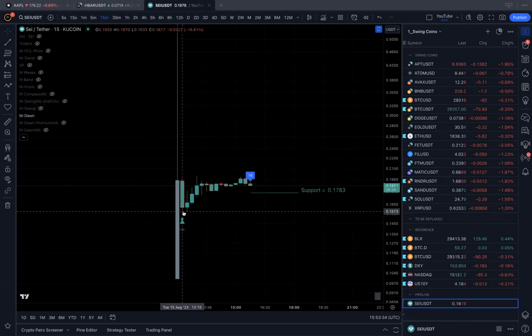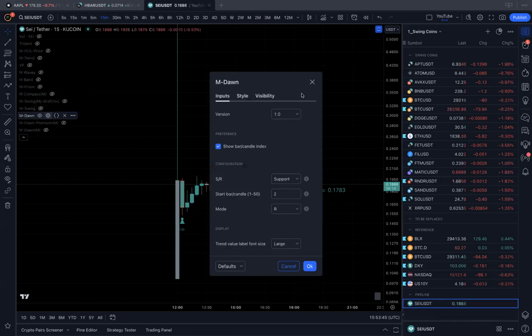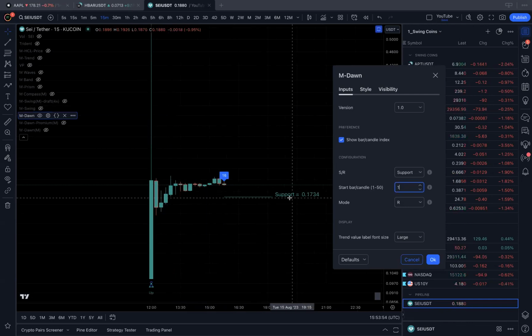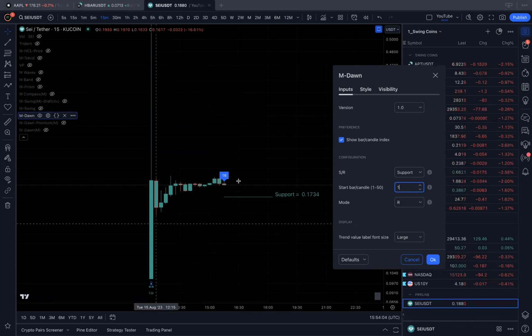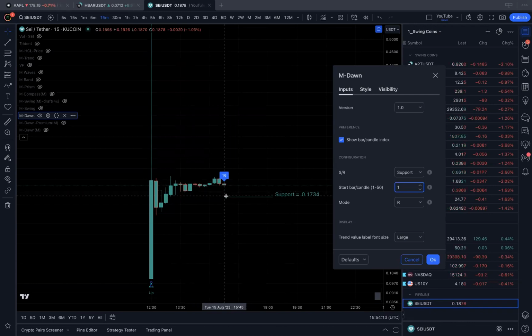So right now with 15 minutes, I'll turn on MDON and set it here, because this is my beginning. You may say, isn't it the beginning? This is just a launch, so this is not a true one, but okay, this is the most conservative. If you want to consider, you can set it to number one. Then this is your leg up, right? And then 0.17 is the support. That means if this is broken, then it doesn't make sense as per the M dot, meaning this trend is over. As long as this is not broken on 15 minutes, I'll continue to ride.